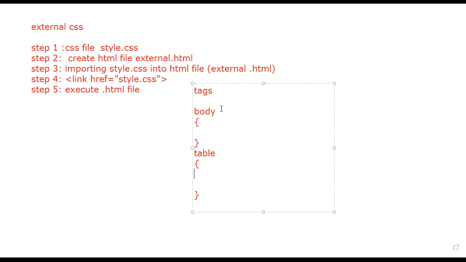So this is an external CSS. What you are doing in external CSS is creating a different file and saving it with the .css extension. Then you are creating a separate HTML file, and importing style.css into the HTML code. How are you importing? You are importing with the help of the link tag. Okay, fine. Now let me tell you the code. So how we worked with the code.